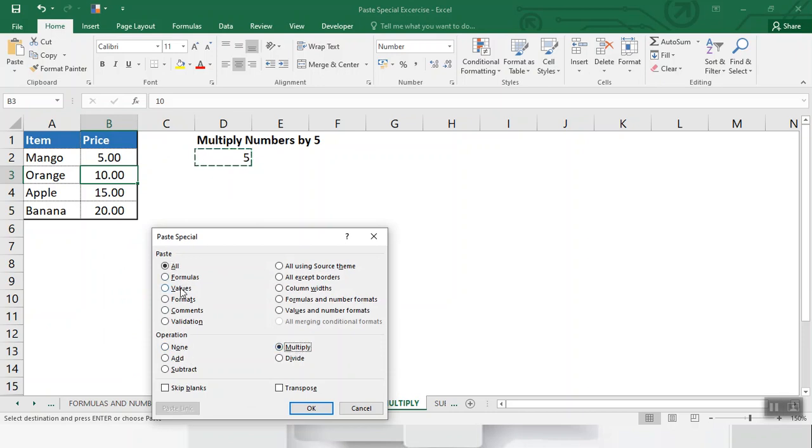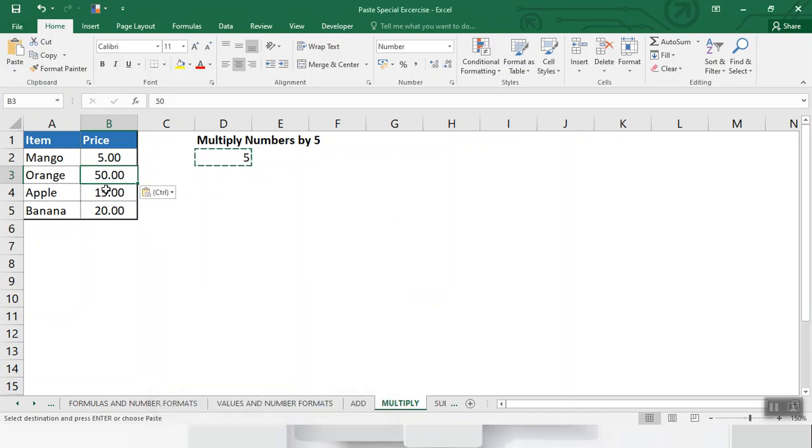If we want to take the value except formatting, we can simply add values, and you can use anything like formulas, number format, validation, comment format. You can use both values and multiply. Here you go, 50.